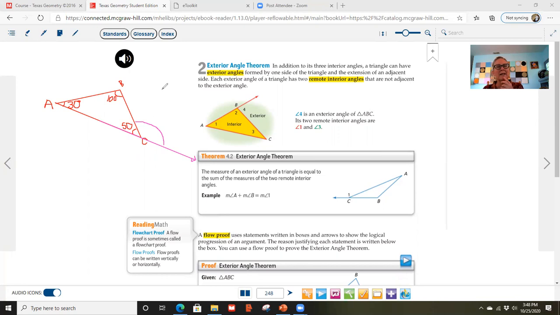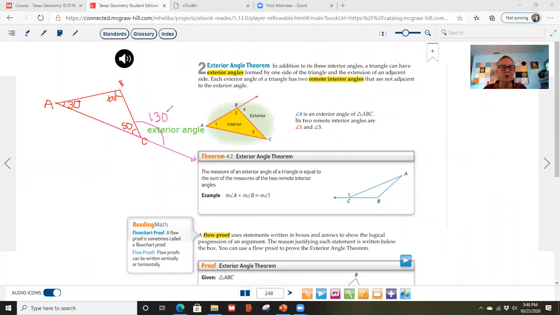So this part right here, if I can write the word exterior, if I could type it, exterior angle. Okay, so this is the exterior angle right here. And guess what? It is, I know that it's 130 degrees